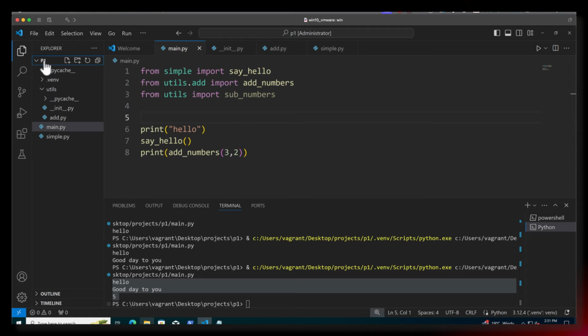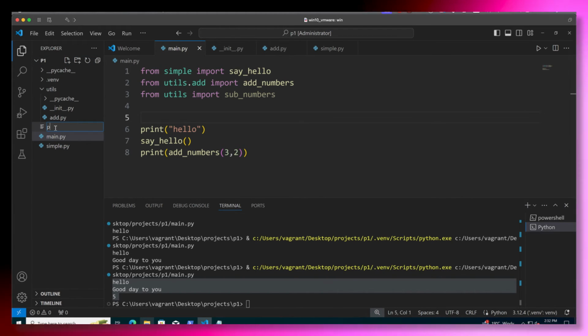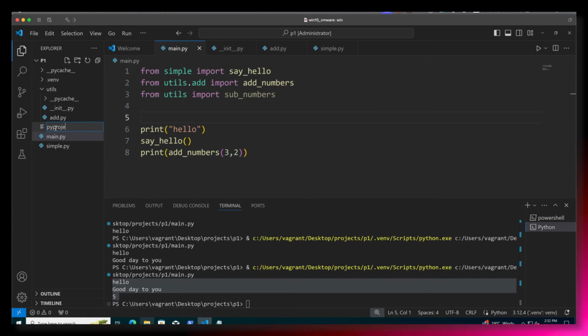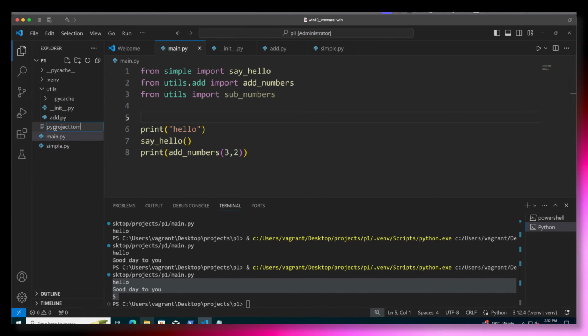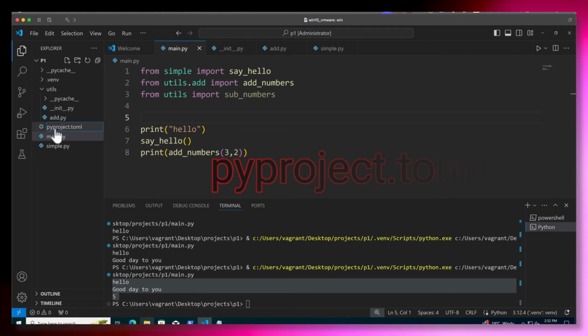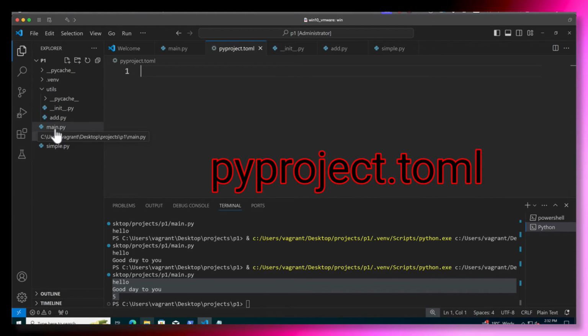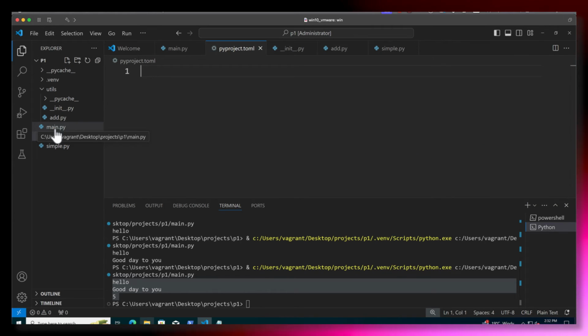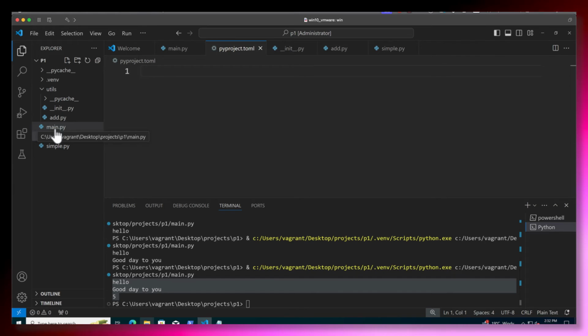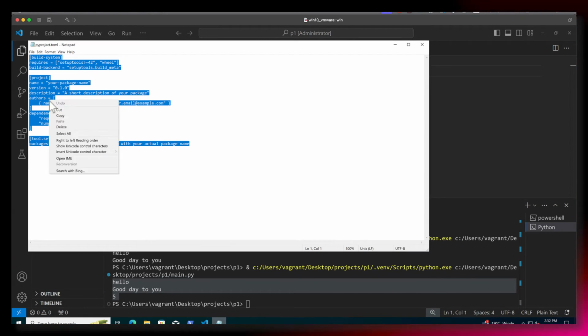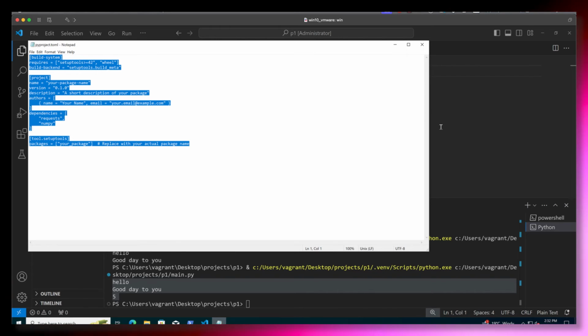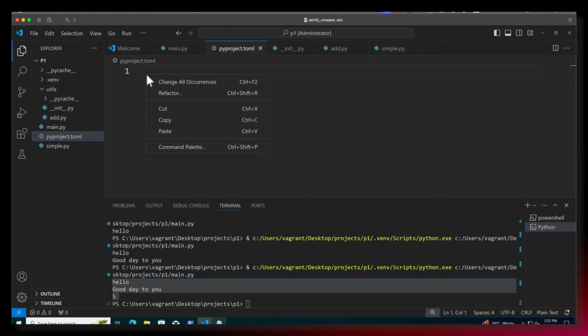The next stage is to go through and take a look at building a package that we can distribute to other projects, be it locally or through the PyPI repository. So I'm creating a new file here called pyproject.toml, T-O-M-L, so pyproject.toml. I'm going to copy across an existing template that I use. So I'm just going to drop out, copy this across, and then paste it in.